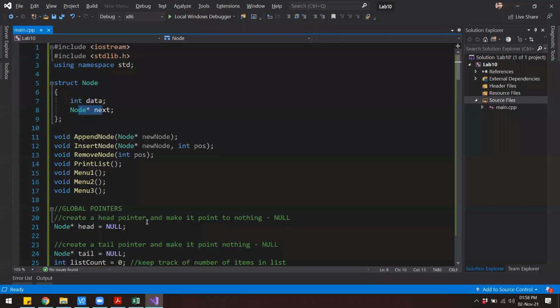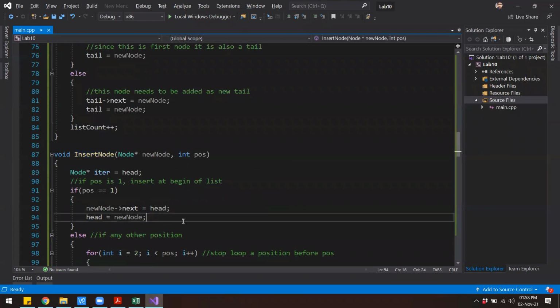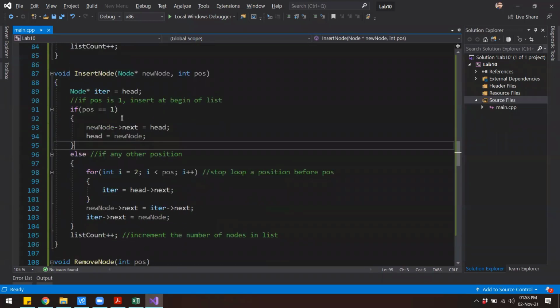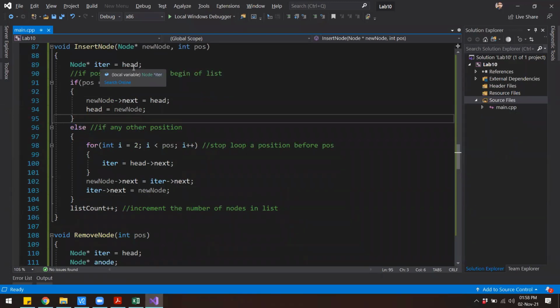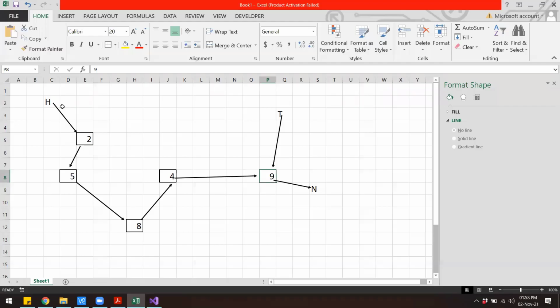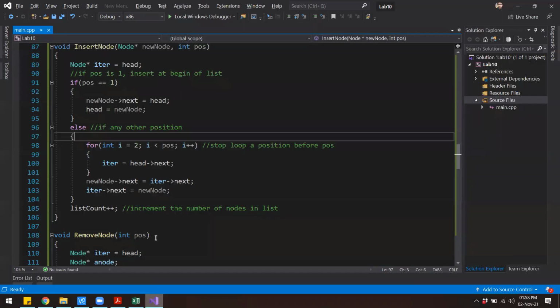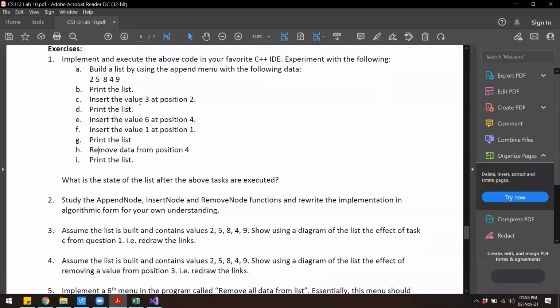Okay, now what does the insert node function say? So we are creating a temporary node pointer which is pointing to head. Now just looking at this particular diagram or the list, can you make out some logic that will let us add a node to any location in the list? So if I want to add a node, let's say at index number 2 or position 2, then what should I do?